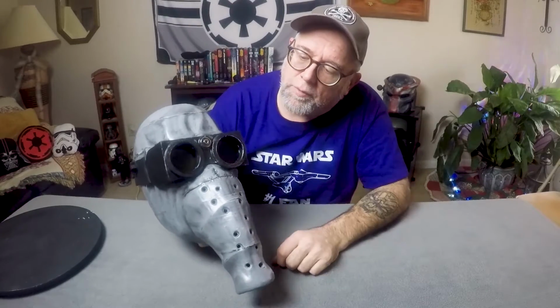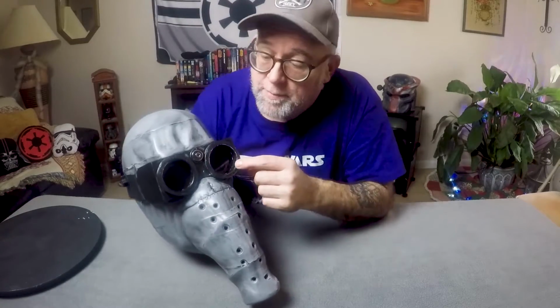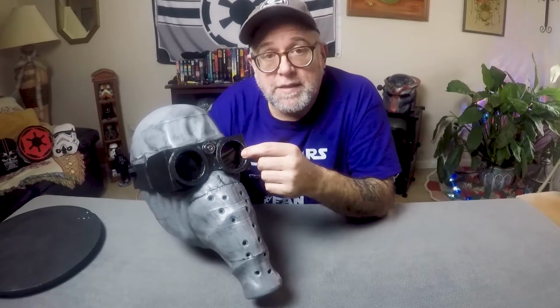While waiting on the materials to do the outer covering on this shell, I couldn't stand just looking at it in its plain fashion, so I went ahead and did some practice painting on it and sort of weathered it up a little bit, painted the goggles, and if you've been following this build, the inside of these lens receptacles,